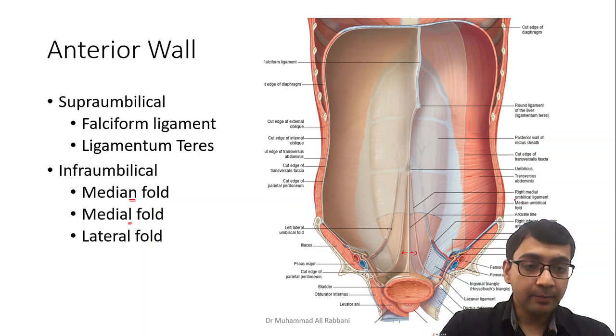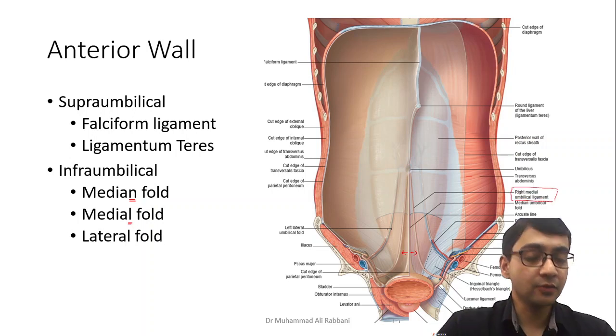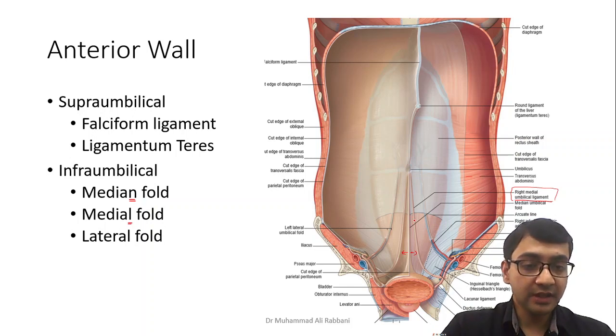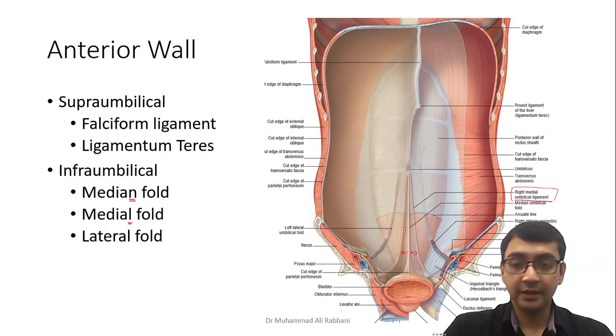Now, the umbilical artery is very important in fetal circulation, but in adults, there is no circulation through the umbilicus, through the placenta. So, this artery has served its purpose, it obliterates, and in the adult, it remains as the medial umbilical ligament. So, it remains as right umbilical ligament, left umbilical ligament.